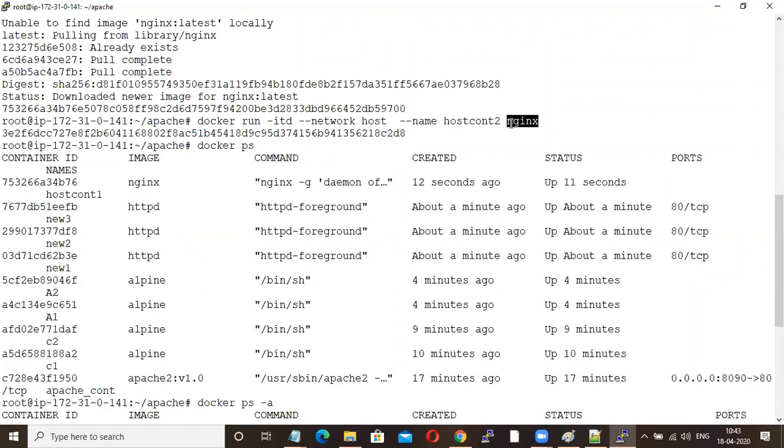So you cannot launch multiple web services on the same host if you are going for host network. Why? Because in host network, you are communicating with your host IP. There won't be isolation between your Docker container and host. You understood what is the difference between bridge network and host network? Understood?